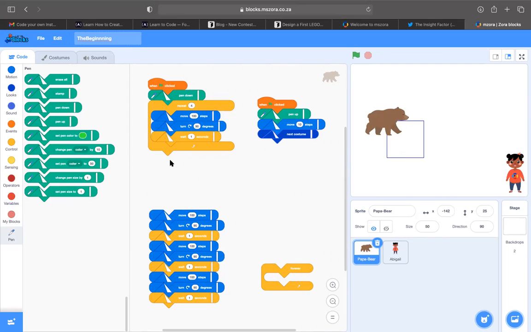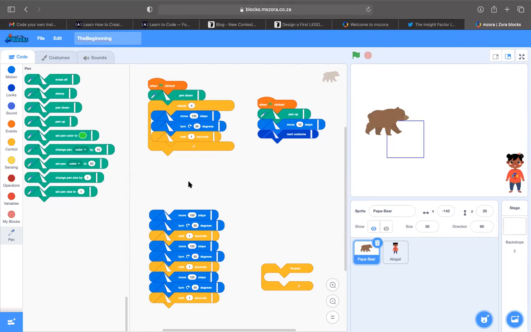You can see this one is much shorter, and it is even less confusing than this one. So what we have used now is called a loop in coding. A loop is a way that we use to repeat code when we are coding.